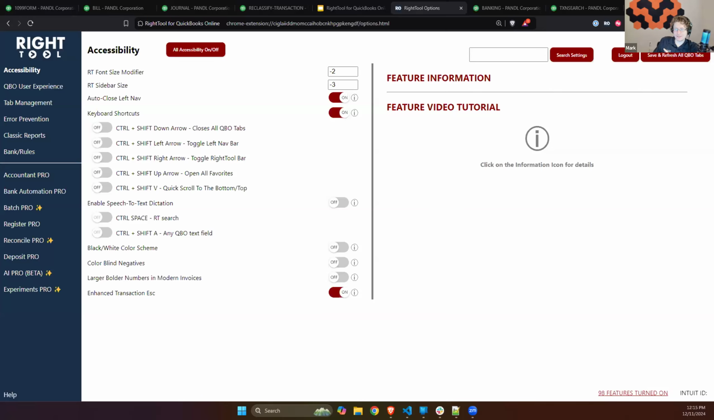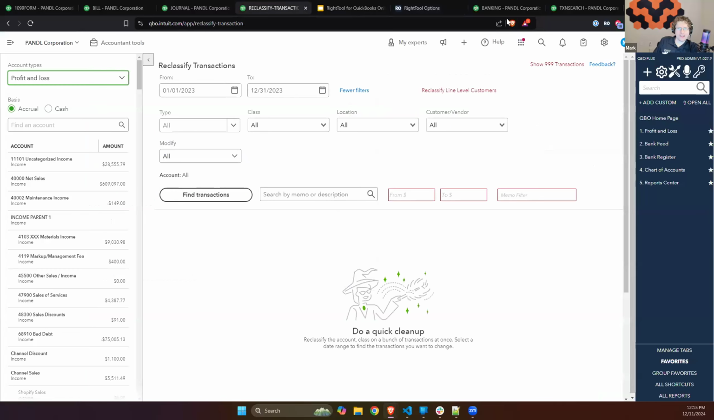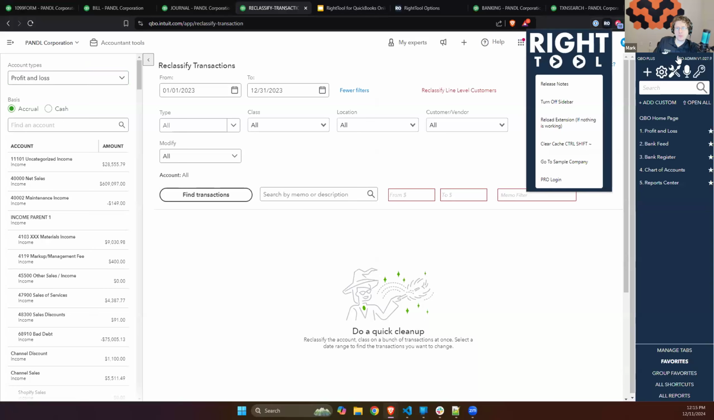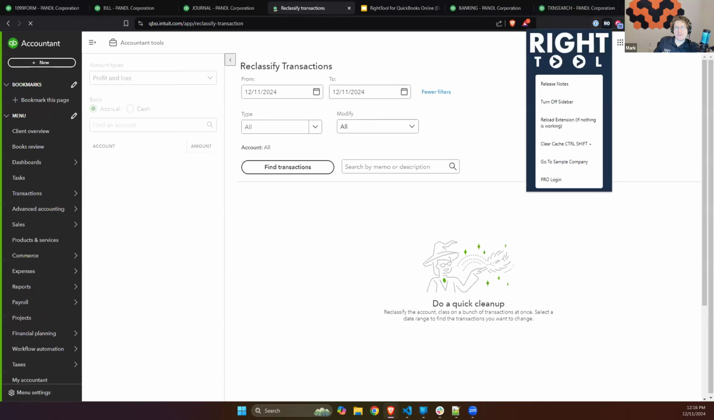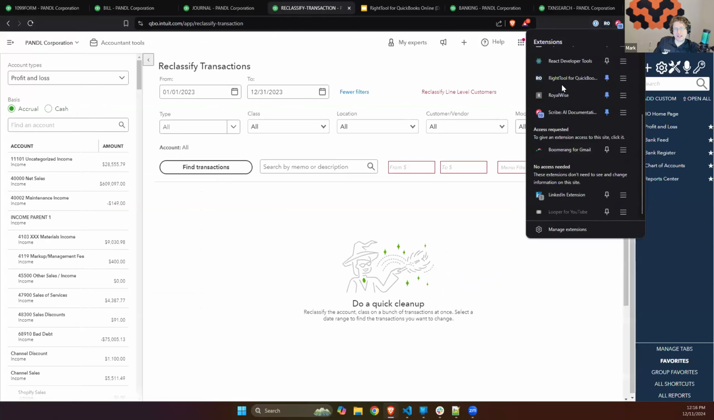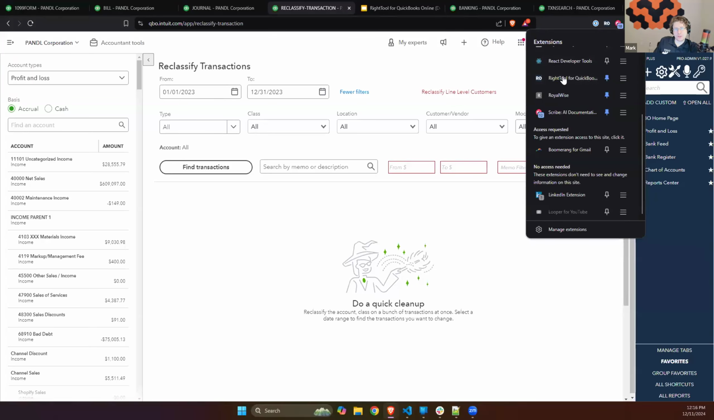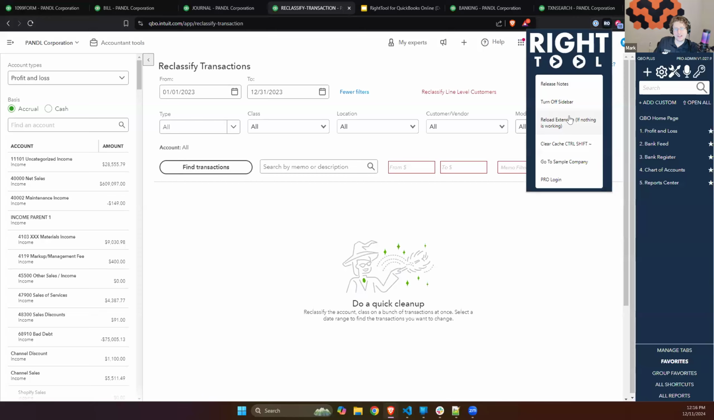Oh yeah, this is kind of a random thing. If you ever have trouble getting your RightTool options to show, it's probably because an update went out, and Google is sometimes a mean person about that. If you go to the gear icon up top and you click on RightTool for QuickBooks Online, and then click on